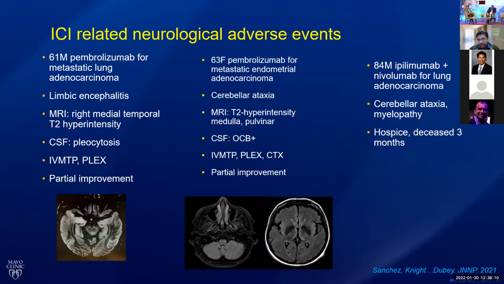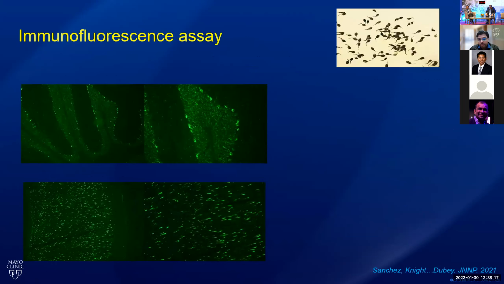So again, going back to those thin sections of mouse brain, when the patient's serum or CSF was added, we saw this very unique pattern, which if you allow your imagination to run a bit wild, kind of looks like tadpoles, or at least that's what I called it